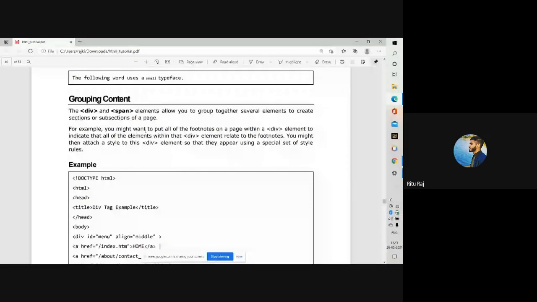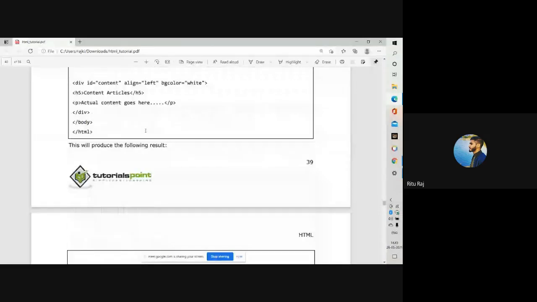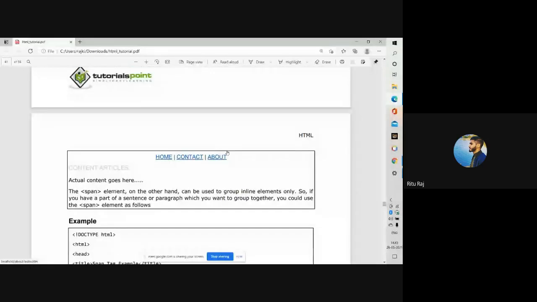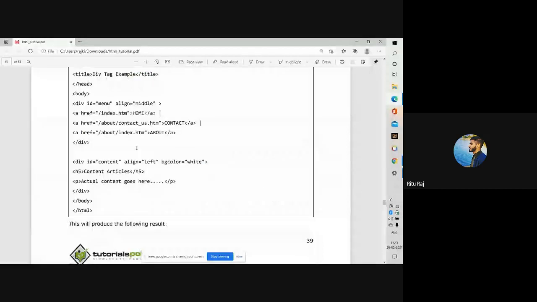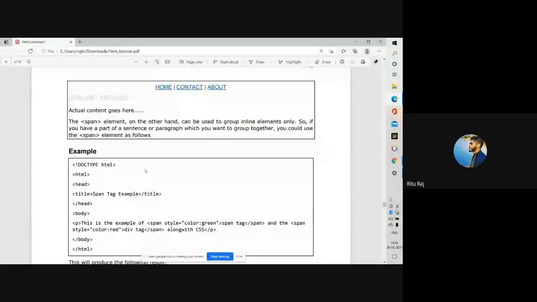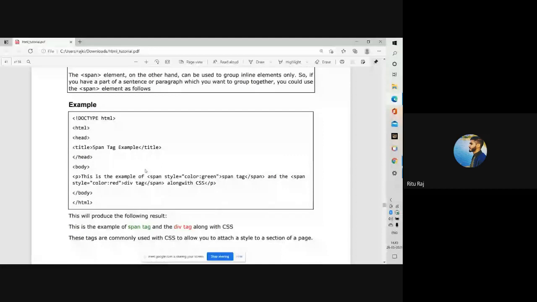You can see here home, contact, about. See this example.